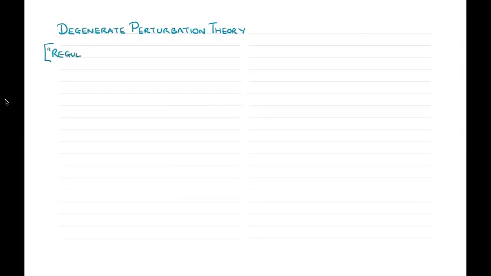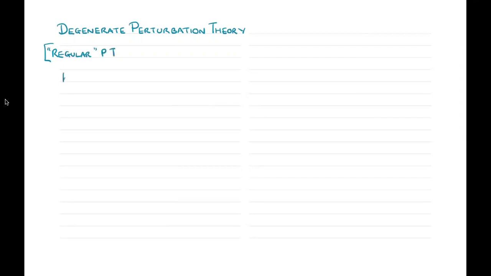In today's module, we're going to discuss degenerate perturbation theory. First, a quick reminder of the results of normal, or just regular, perturbation theory,